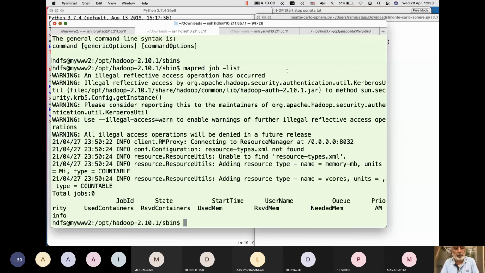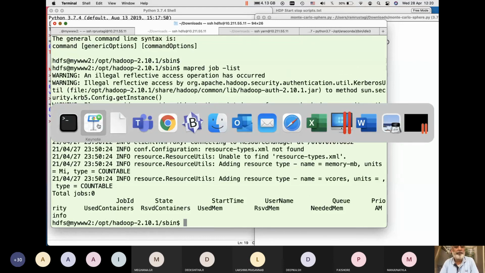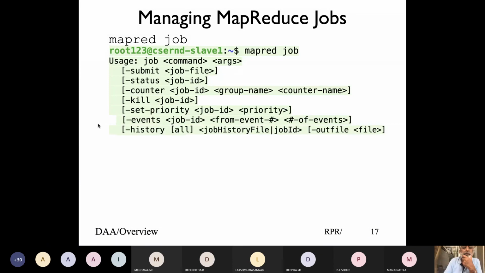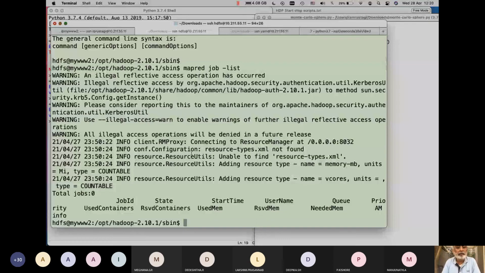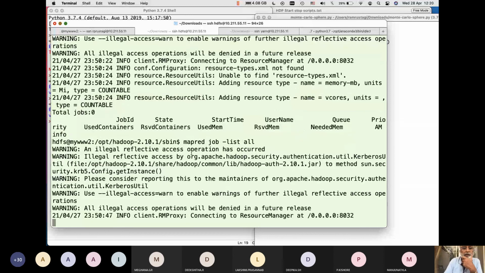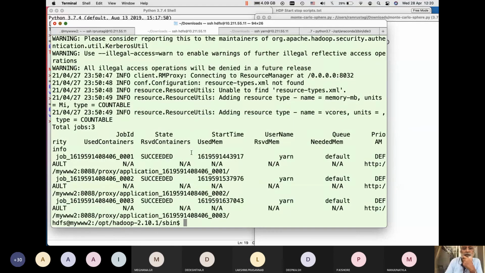And explore those. Look at all the jobs. I can list all, it will give you complete or whatever, and then you should be all fine. I didn't give list all, so it didn't give me that, so I can give a list all here. It will display all the jobs which have been completed.